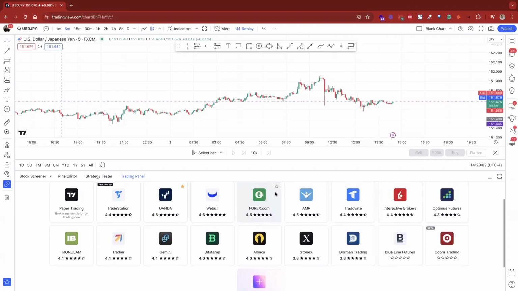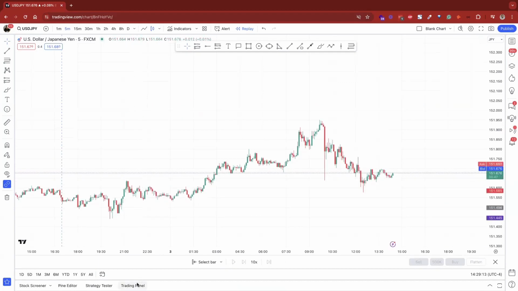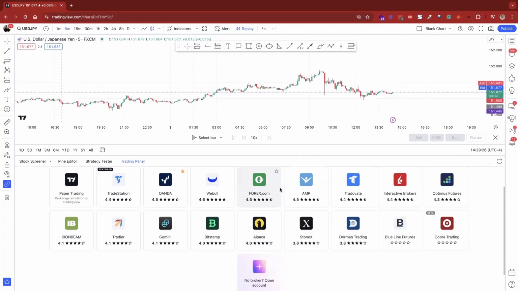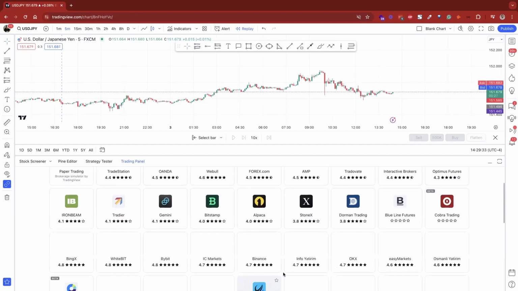So, right now I'm on TradingView.com, and TradingView, which is mainly used for charting, right, and doing your technical analysis, marking up the chart, can also be used as a trading panel. So, down here at the bottom of the screen, you'll see a few different buttons. If you click on Trading Panel, you'll see this panel slide up from the bottom of the screen. And what you'll see is a lot of different brokers that can be integrated or connected